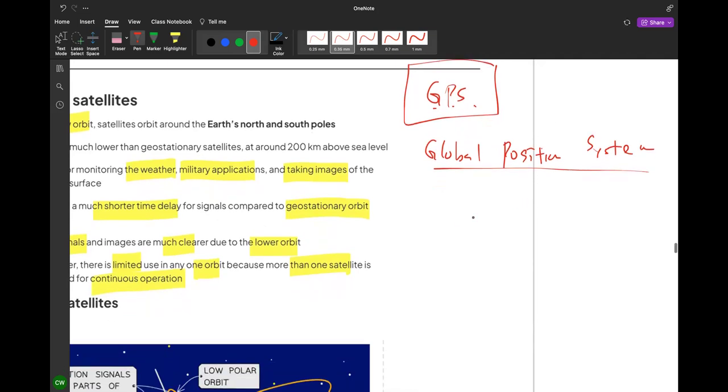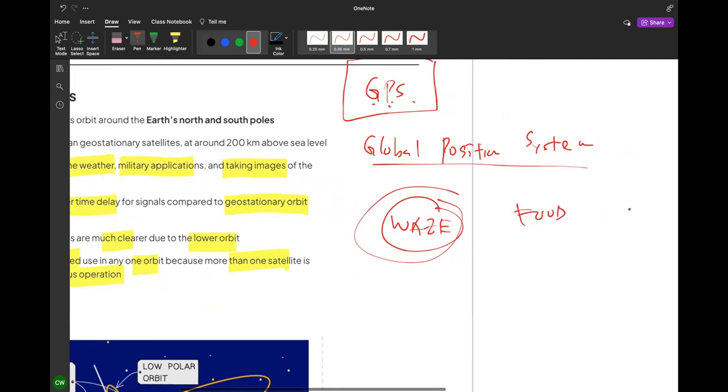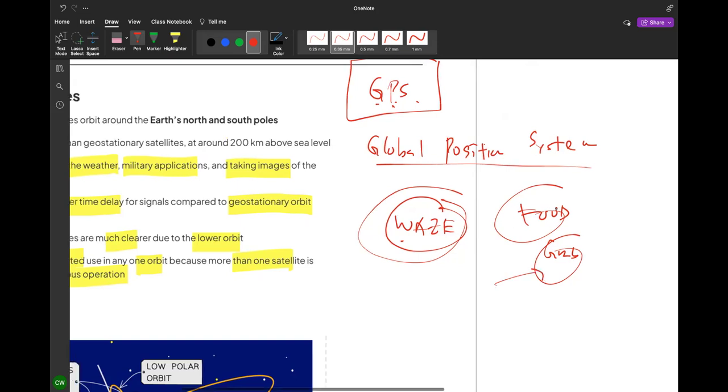Many years ago, before Waze, what is Waze? GPS, right? They're using this. Long time ago, when they came up with this idea, actually they were not really making money. But how do they make money now? Food Panda. Correct. Before that, they created this just for fun. They didn't know what the application was. After that, slowly someone creative started to think about using this for calling taxi, then for telecommunication.